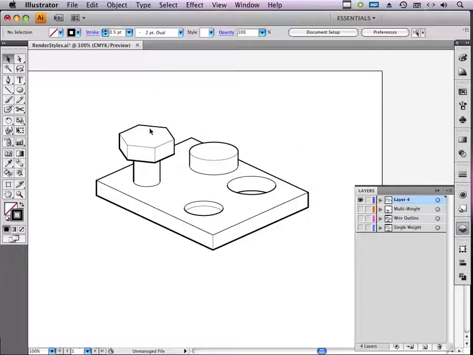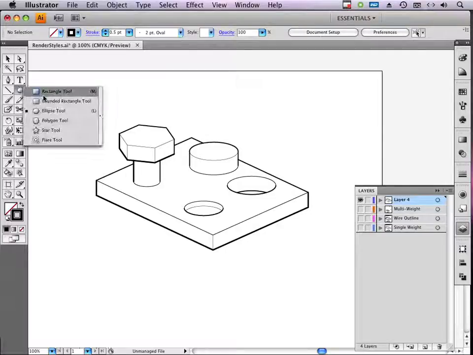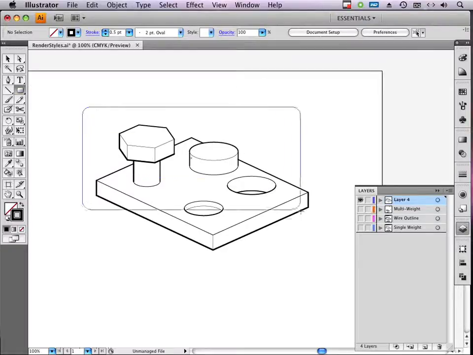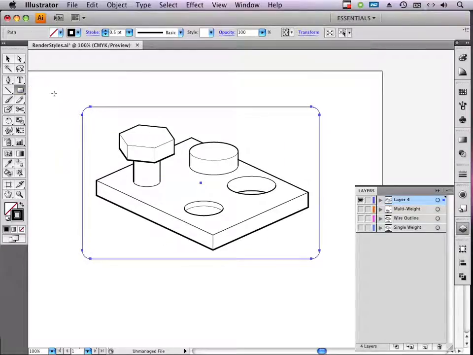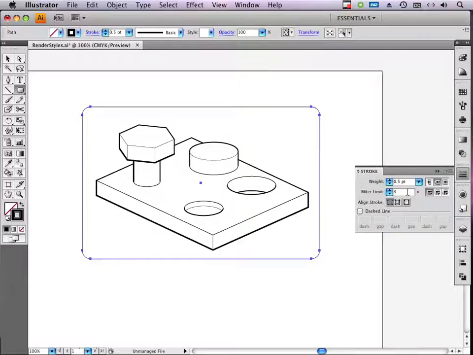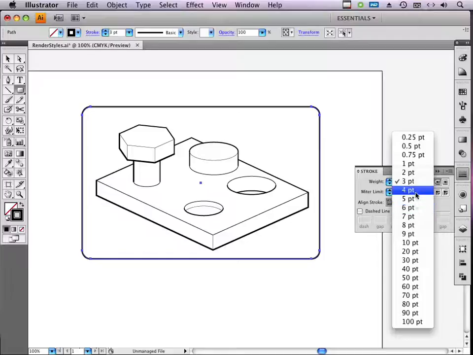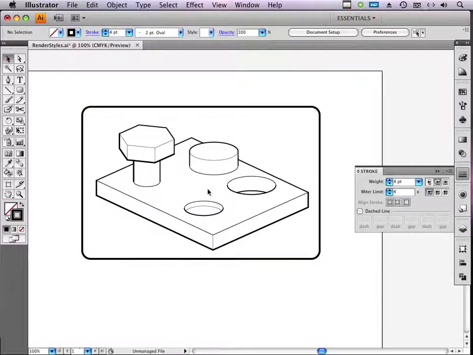It's selling. It shows depth and form and shape and everything, but it's still kind of bland. So you can do just really simple things like take a rounded rectangle, and you can put a frame around it. Okay, let's give that a nice beefy, let's give it a 3 point. Let's go 4 points, and that looks pretty good. But